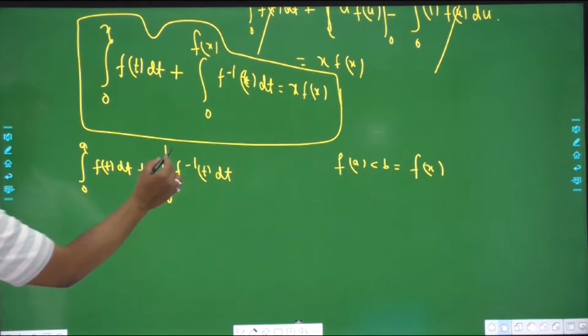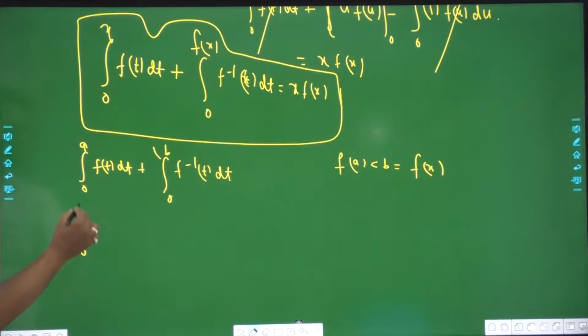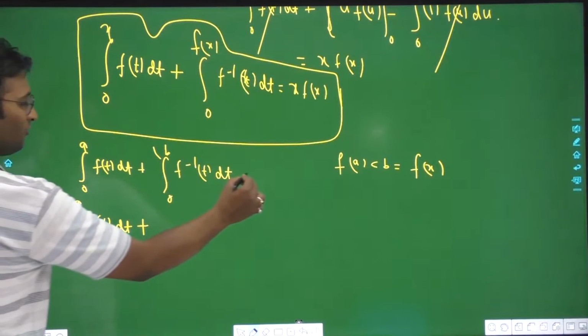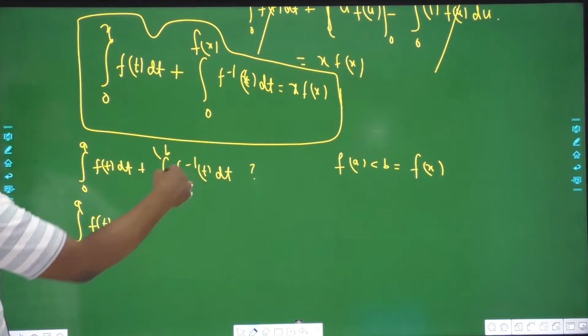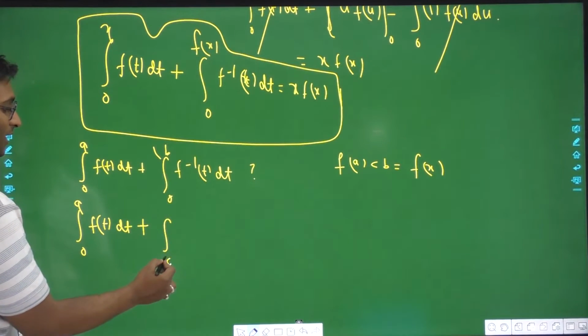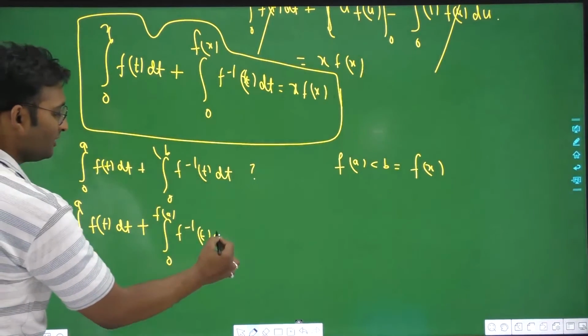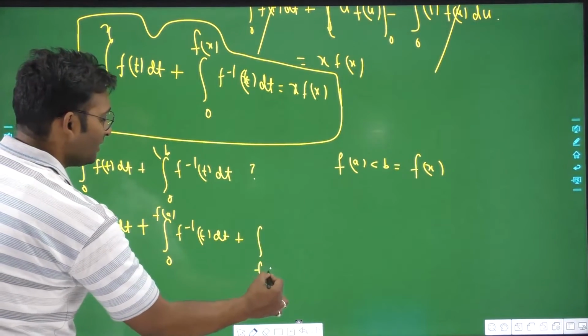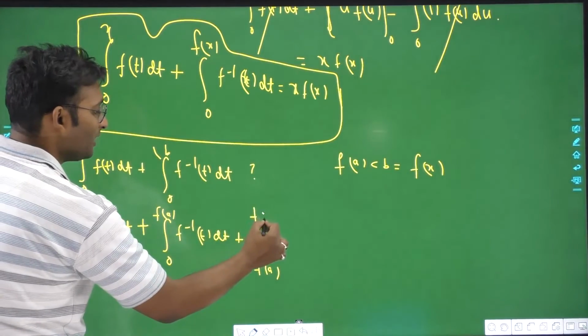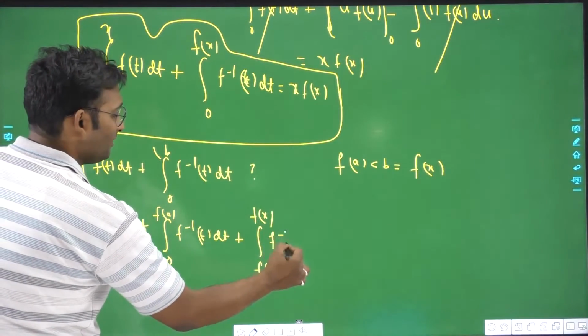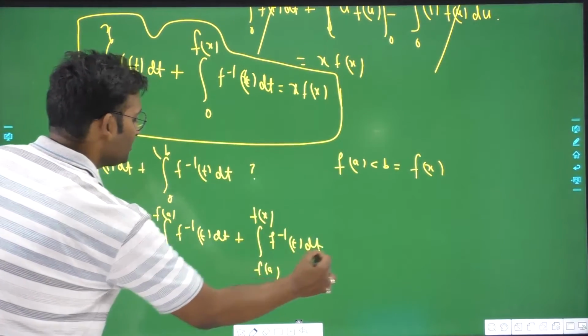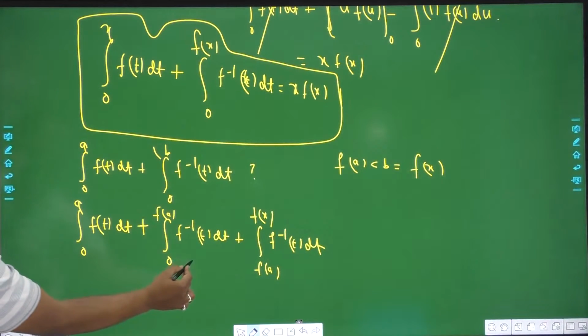So this particular integration I'll remain as it is, and let us see what is the value of this particular thing, what is the inequality that follows. So what I'll do, I'll divide it into segments, this plus integration f of a to b, I will write f of x, and here I'll write f inverse t dt. Remember what I wrote two minutes ago, I have written this particular thing